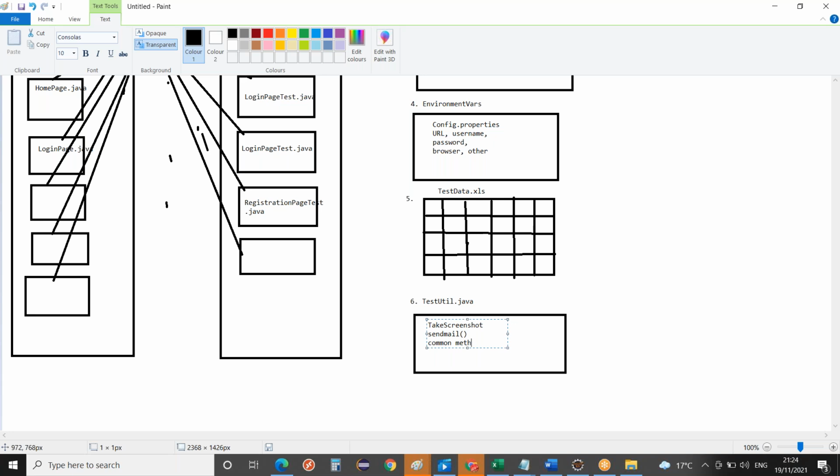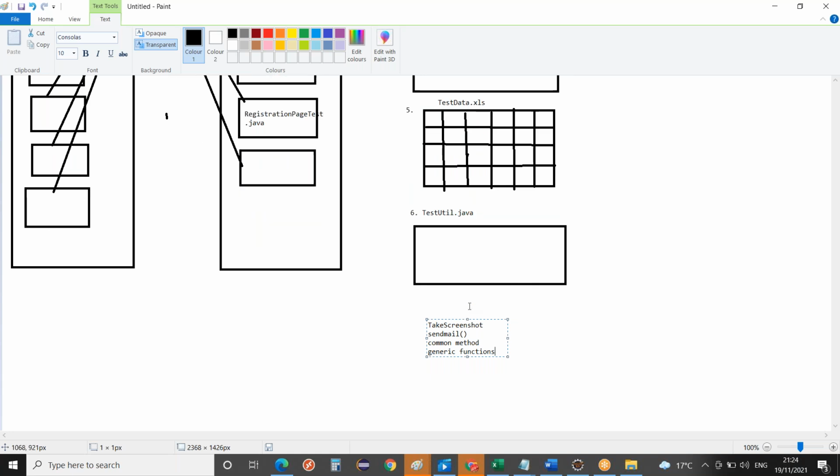And common utilities, common methods. So you need any other methods which are very common, which you are very frequently using, like navigating to a particular item or searching a particular item that you need always. So you will write a common method and then use that. Apart from this, again you will need generic functions. Generic functions, some functions you create and then you reuse that. Okay, so it is your sixth component. One more thing you need is